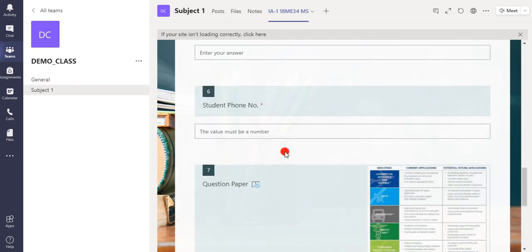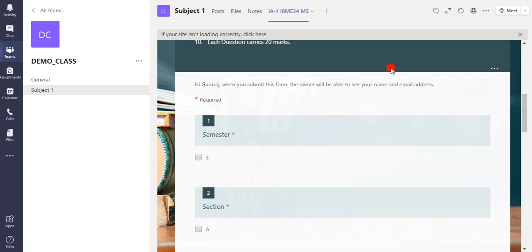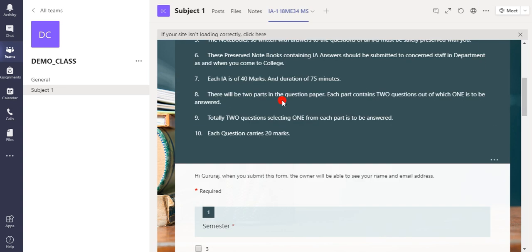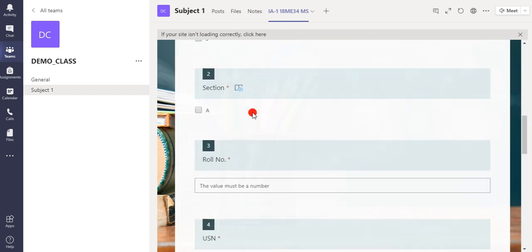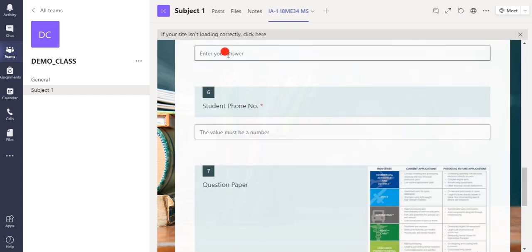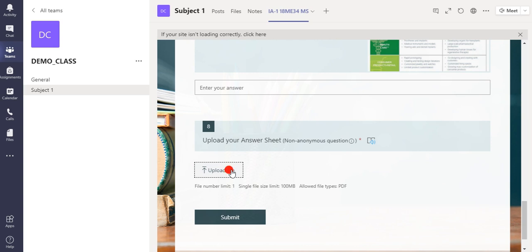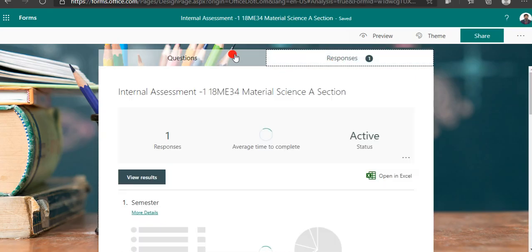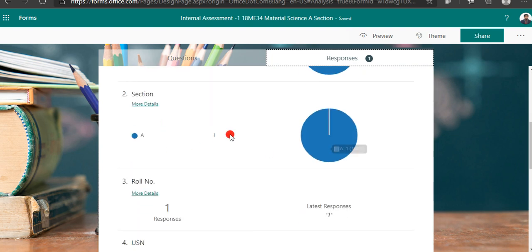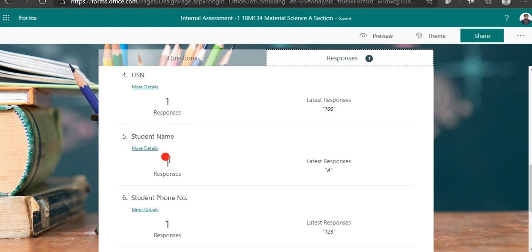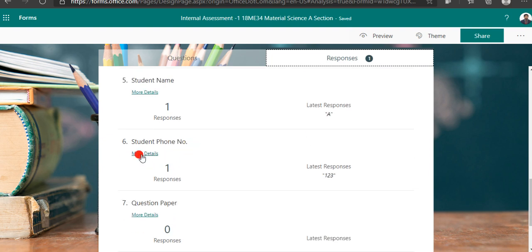When the student submits the form, after filling all the details and uploading his answer sheet, you can see the response here in this fashion. The response: third semester, A section, roll number, USN, student name, more details.